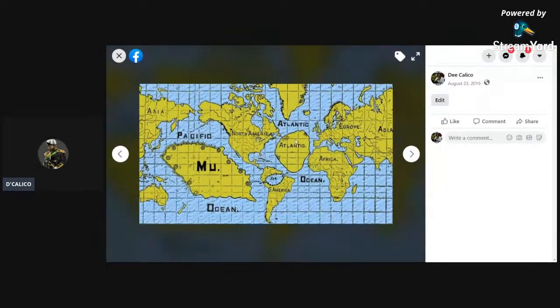Matter of fact, in Atlantis also, of course. But we're gonna act like these continents didn't exist, and we're gonna act like those lost cities that we see underwater just got dropped out of the middle of nowhere. Anyways,